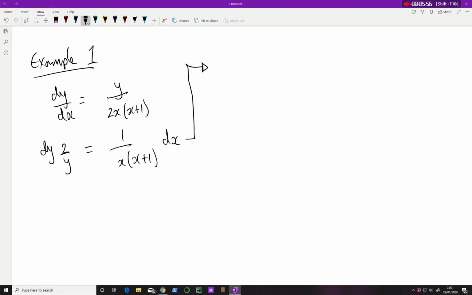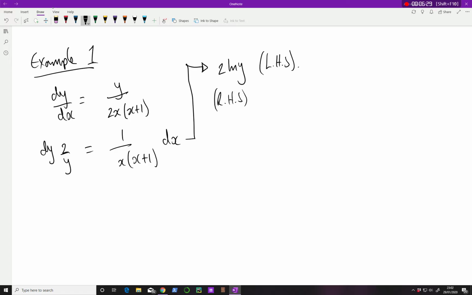So this should now be pretty straightforward, especially on the left side. On the left side, I basically got 2 over y. This is a standard integral. When you've got a variable to the power of 1 underneath some constant, you just raise it to the natural logarithm. So that becomes 2 ln y on the left hand side. On the right hand side, however,